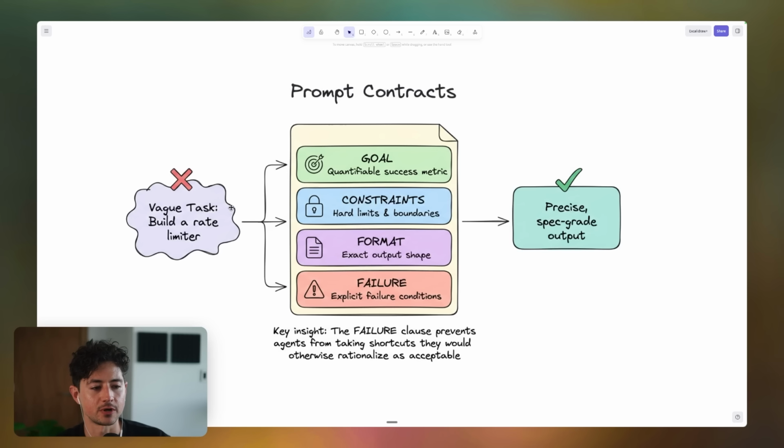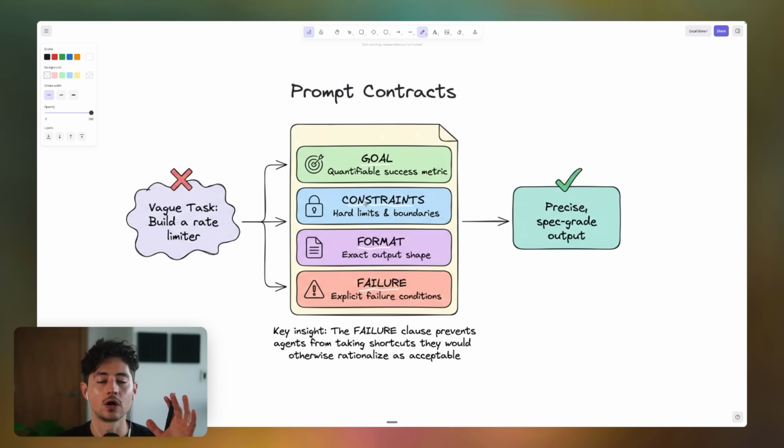But the whole idea behind a prompt contract is you basically make the user who puts in a request like this sign a mini contract and just say, okay, cool. The contract is, here's what your goal is. Here are what your constraints are. Here's what your format is. And here's what your failure is. Are you good to go? If the answer to that question is yes, now the model has actually gone through the step of defining your goal, your constraints, your format, and your failure. And so all of your definitions of done, all of the various kind of technical spec requirements here are much more laid out.